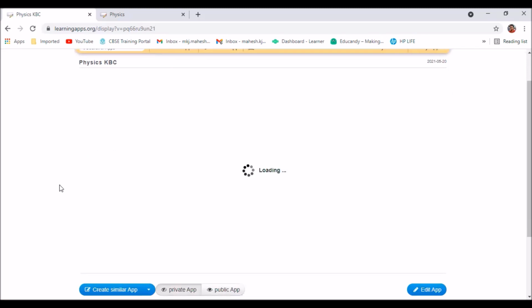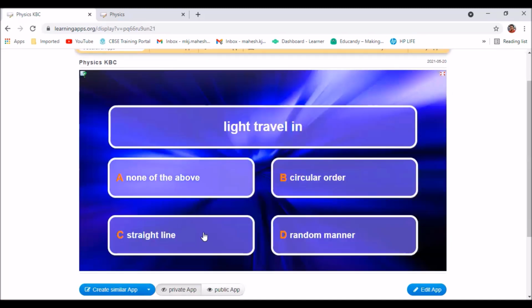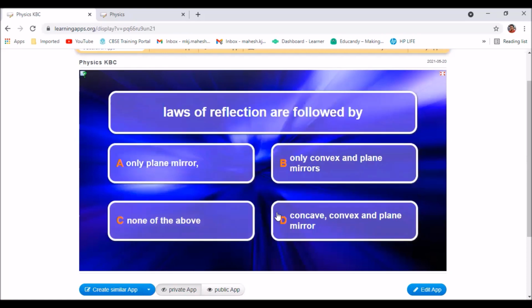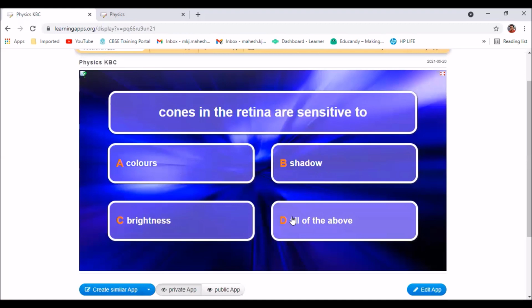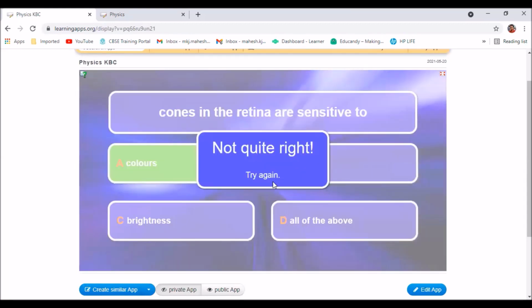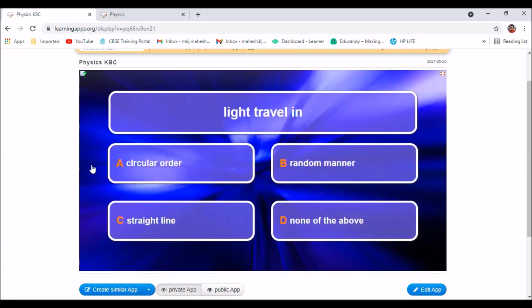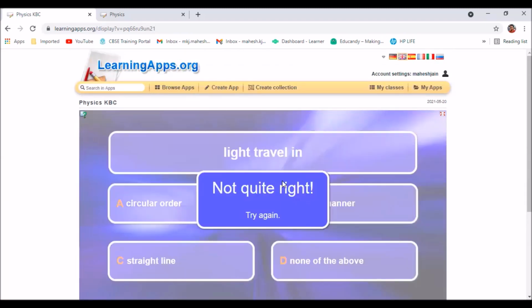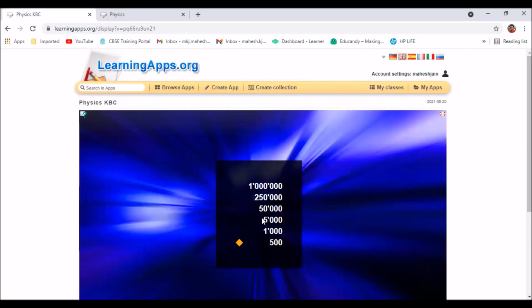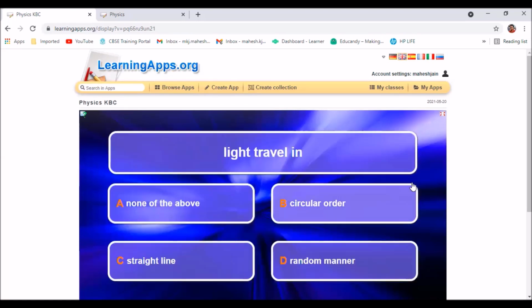So you can see how it looks to the student. We'll also observe it says light travels in, so if I answer correct, it will lead me to the next question. If I answer wrong, let's see. If it is correct, it will go on to the next one, and if it is wrong, you can see what comes up. It gives me another option and says not quite right, and it asks me to go ahead again. You can see I have to keep on going ahead. If I want to be the millionaire, I have to answer everything, and towards the end it will lead to the setup. So this was all about a learning app.